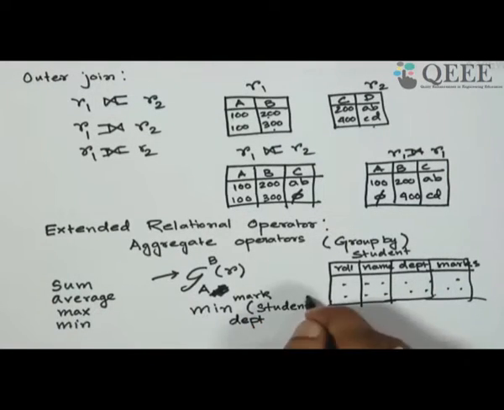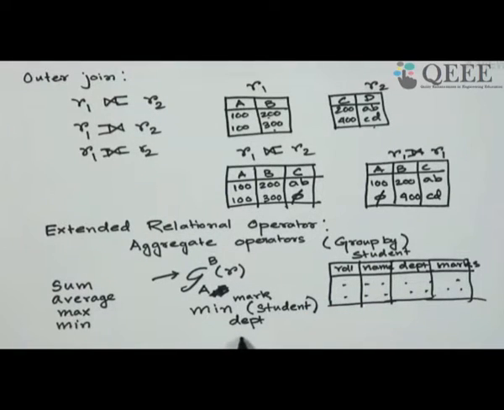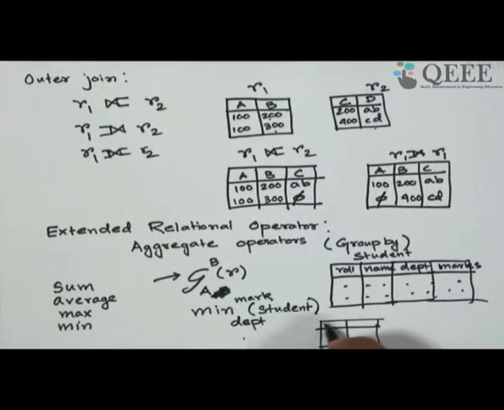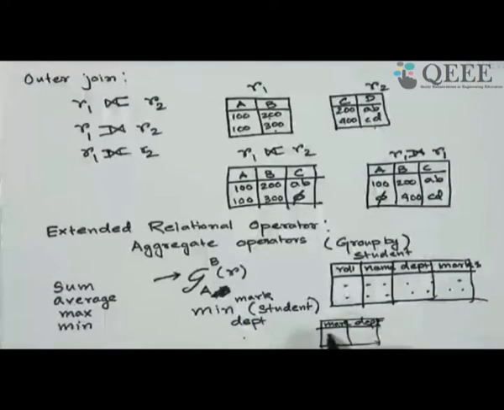So what will it do? It will take all students of each and every department, take their marks and find the minimum of the marks. Take all the CS students, find their minimum mark, take all the electrical students, find the minimum of their marks, and it will return a table containing the minimum marks and the department. So minimum marks of CS, minimum marks of electrical, like this. It will return a 2 by whatever number of rows table.